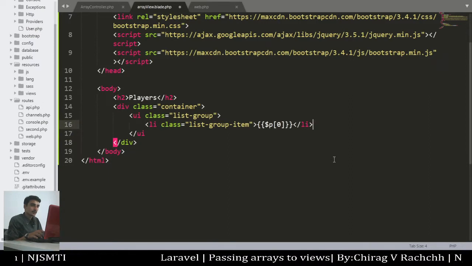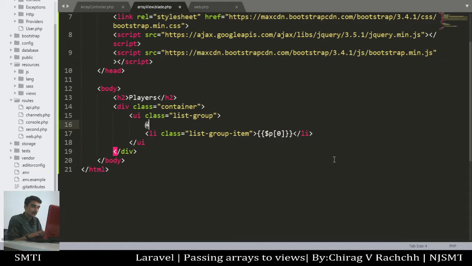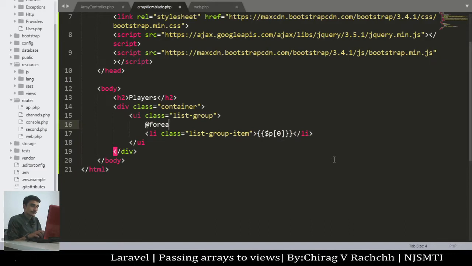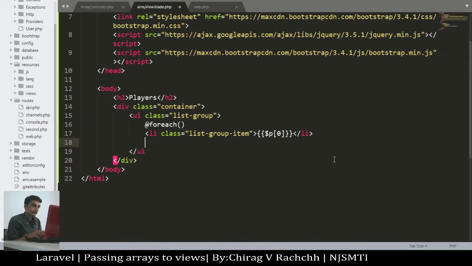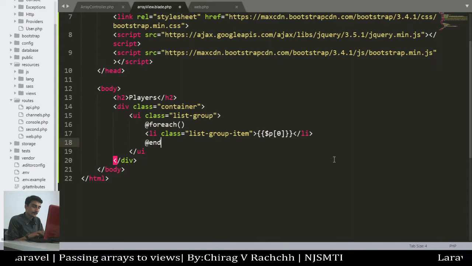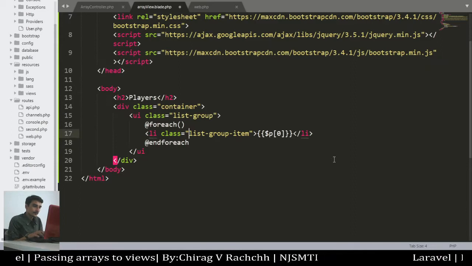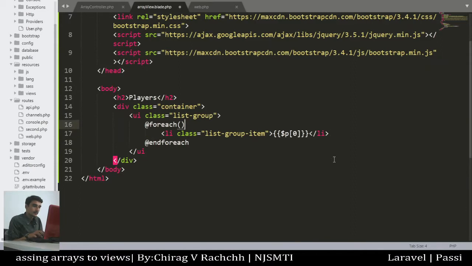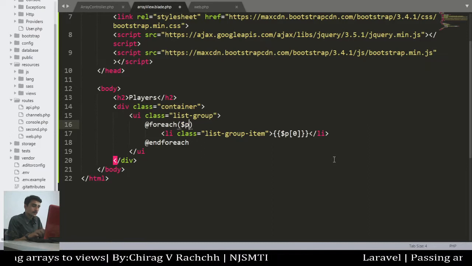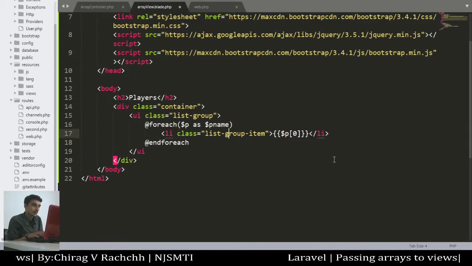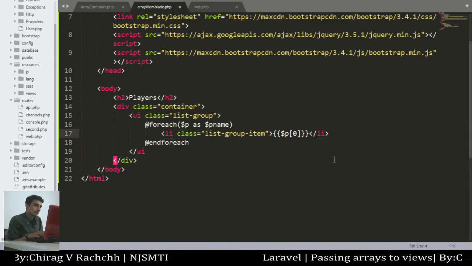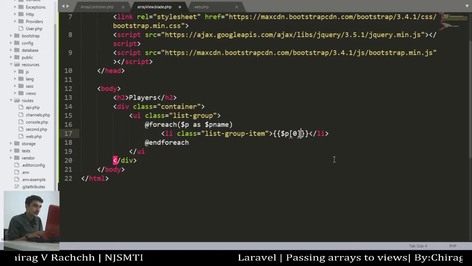We can use the syntax of the Blade engine here, @foreach, and we can write here p as p name, player name. Okay, there should be no confusion, that's why I have given an entirely different name.